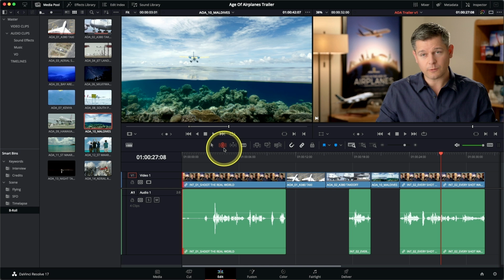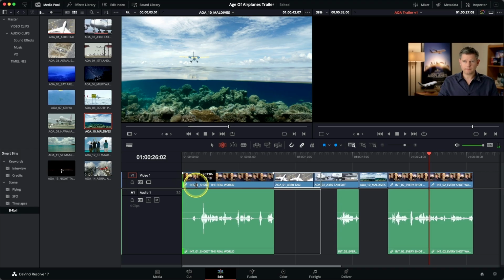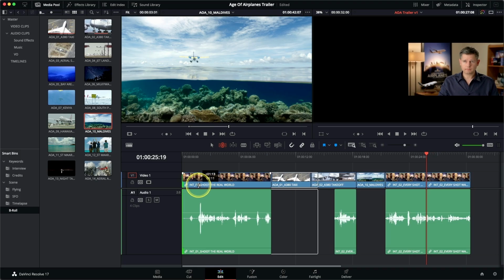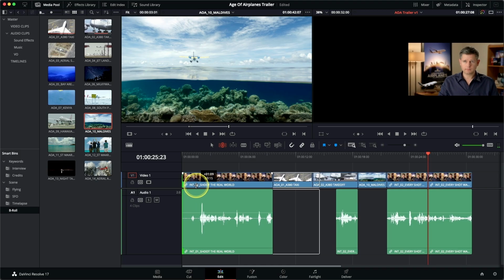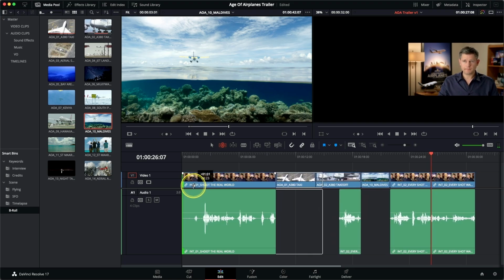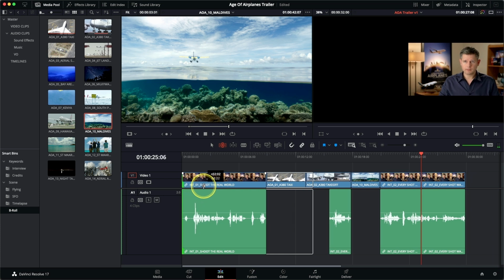Using T allows me to select the trim edit mode. And now when I go back into the timeline, I can click the same edit point and start to trim just by dragging the mouse to the right. As I do so, you can see that the rest of the timeline is changing. I'm rippling the rest of the timeline back, thereby shortening it by the amount that I'm trimming off the beginning of that clip. You can also see I can go the other way as well. I can add footage back to that clip if I need to. If I keep going,